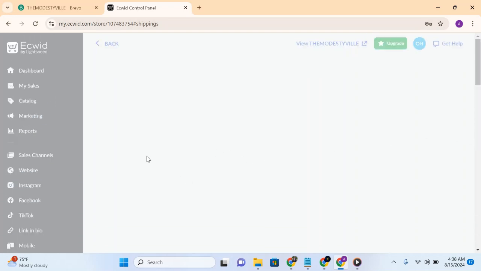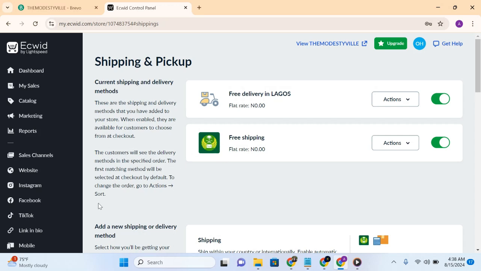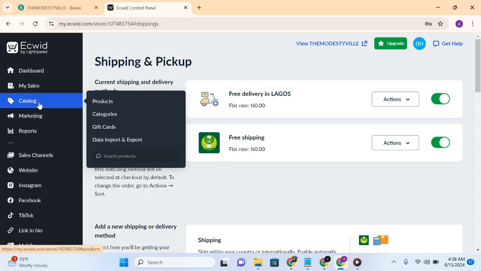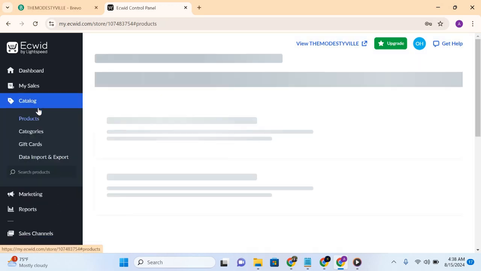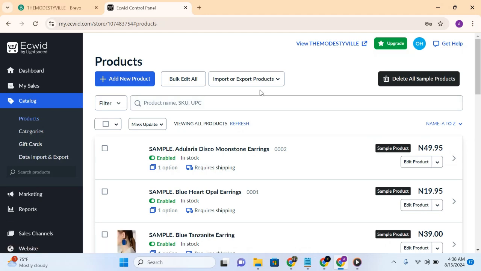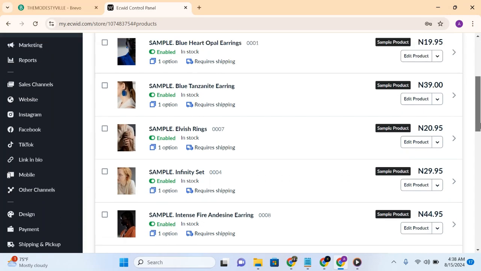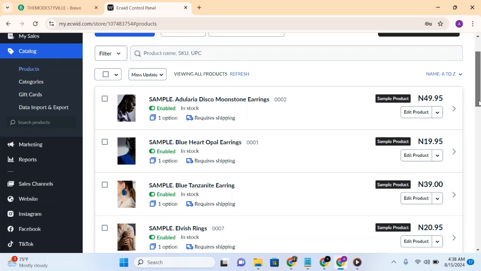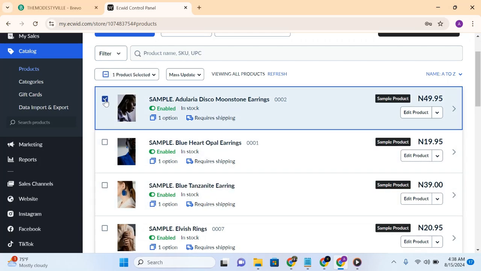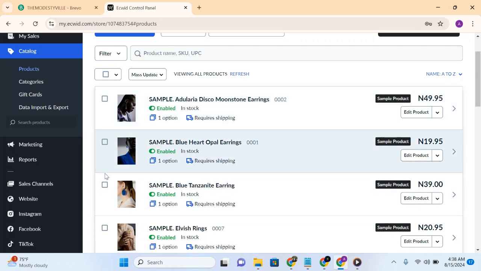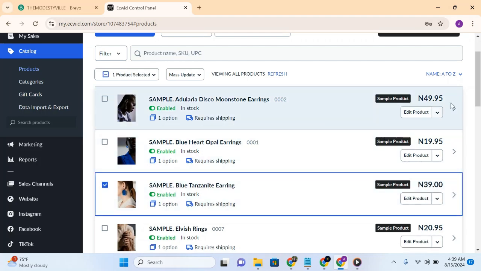Now for us to add a product, we are going to go to catalog. Once you get to catalog, then you can actually add a new product. These are the samples of the products we have presently, and you see that we need hijab, not this particular type of hair, but because we chose jewelry the other time, that was why they are showing us this different type of jewelry. So I'm going to tick the one I want to sell,